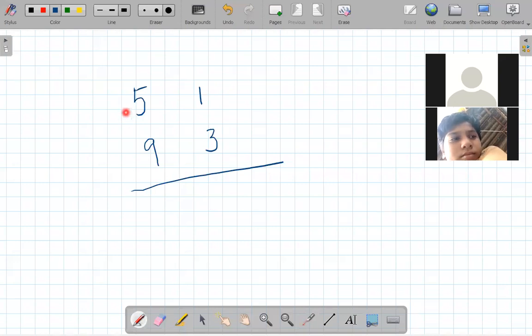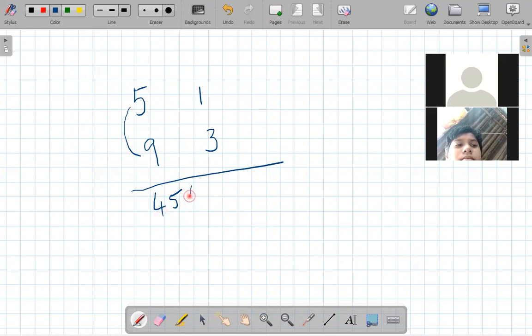Don't worry about it. As per the same procedure, there is no change to multiply this. The same method. So first multiply the first column. 5 9s are 45. Remember, 45 means we got 2 digits here. If you get only 1 digit, you can write directly. But if you get 2 digits, you put a mark like this. Okay, so that's it, 45. The same procedure, there is no other change.